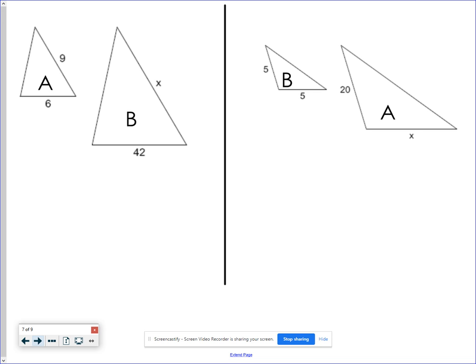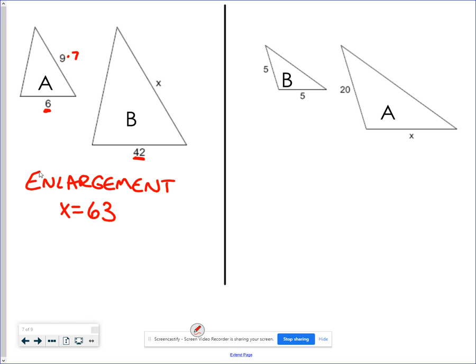On the left, A to B is getting bigger, which means that it's an enlargement. I didn't specifically ask for the scale factor, but I said it on the last problem was 1/2. This time to go from 6 to 42, that's multiplying by 7. My scale factor is 7. Much bigger than 1, that's why it's an enlargement. So if I multiply by 7, just takes 9 times 7, and I'm going to get that x equals 63